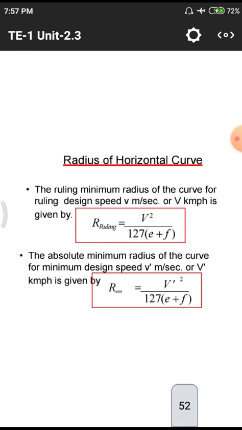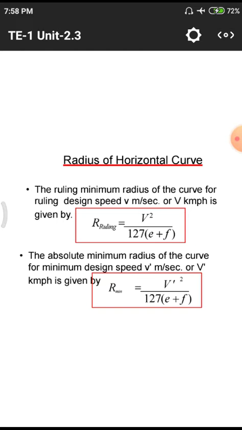In the case of these horizontal curves, where there is an intersection of particular roads, we simply connect those two roads with the help of these radial patterns to avoid traffic jams and other accidents at particular joints. These curves are involved to increase the traffic flow in particular areas. So we have these ruling gradients and minimum gradients.